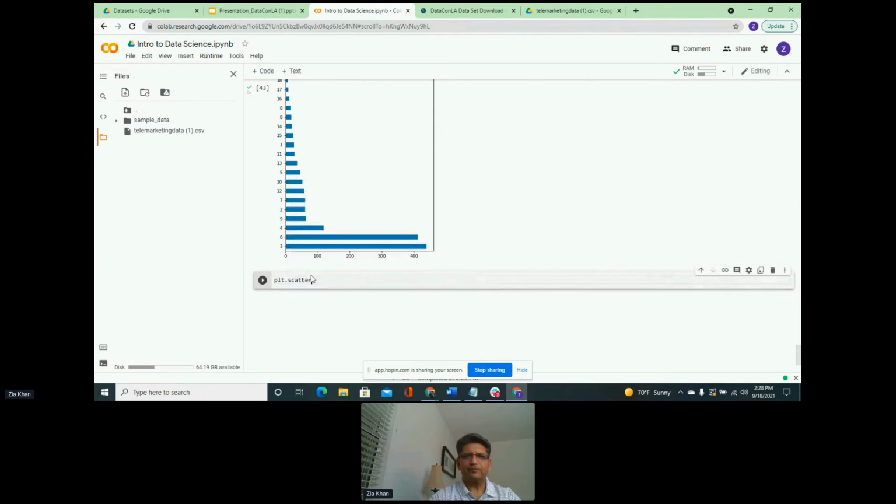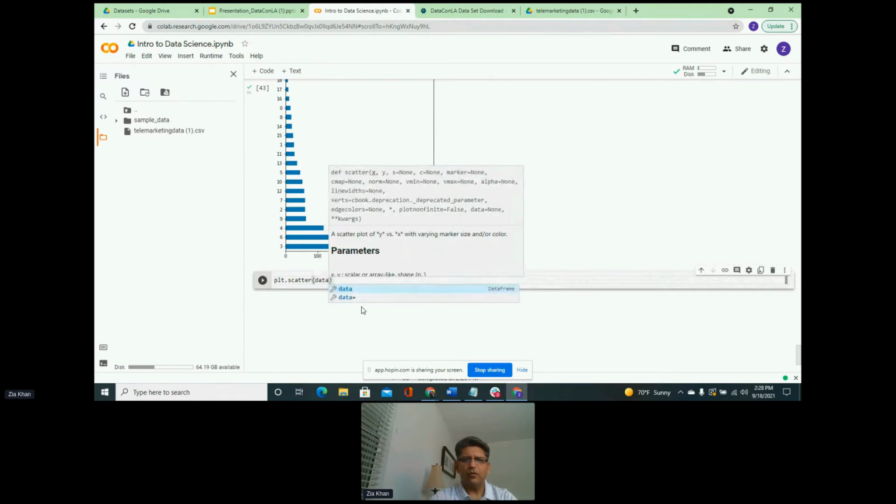So plt.scatter, just like histogram, just like box plot. Scatter is the function that helps us build a scatter plot. And within our data, we want to go age. That's one of the features that we wanted to put in the scatter plot. And the other one is data.y.